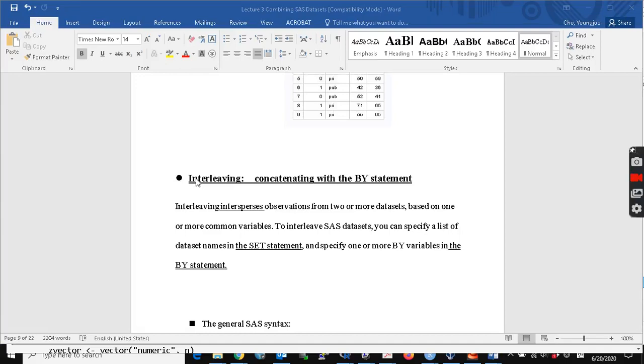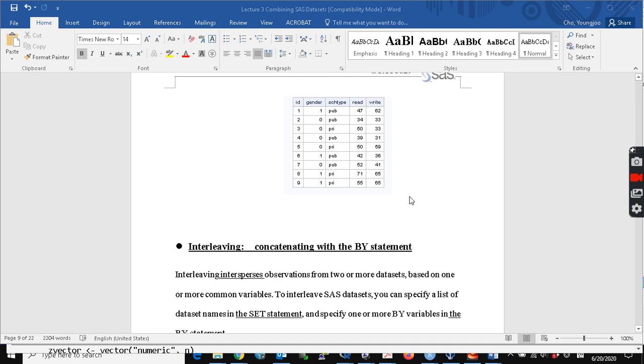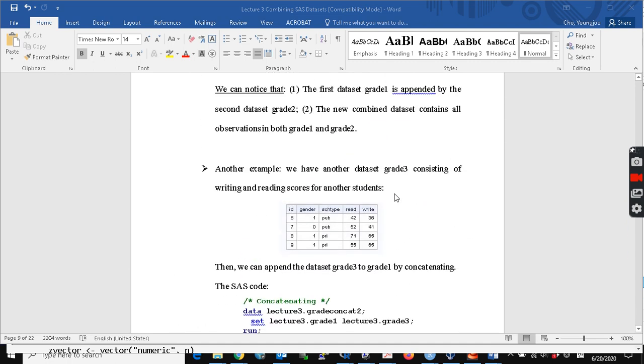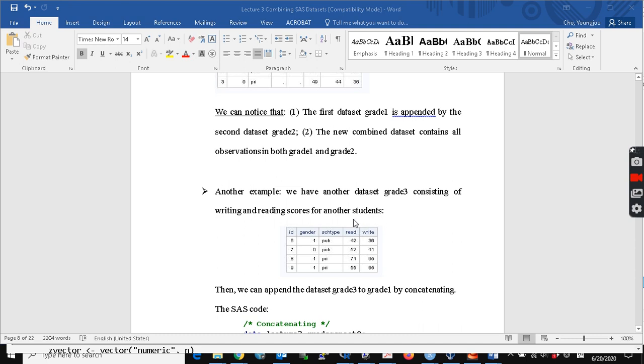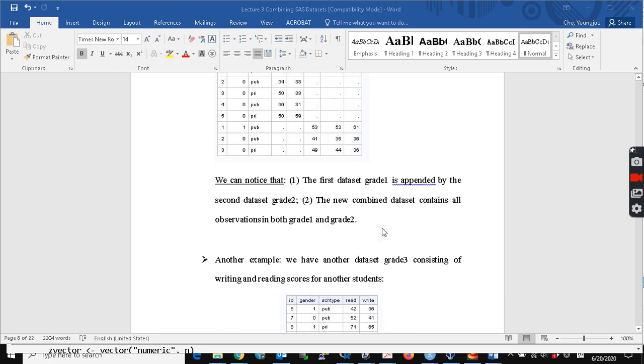So now I'm going to talk about interleaving. Interleaving is one kind of concatenating, but we put the data in order by the variable specified in the BY statement. So for example, in this example on grade 3, you can see that